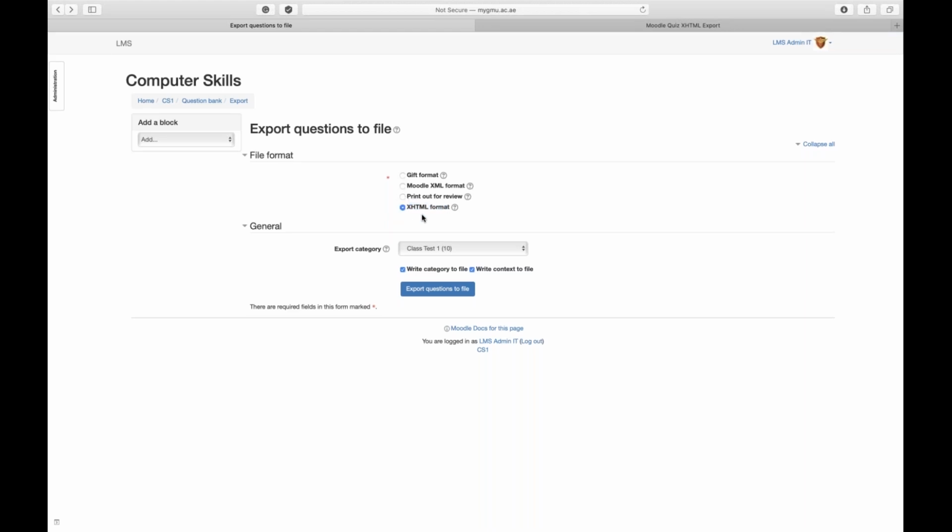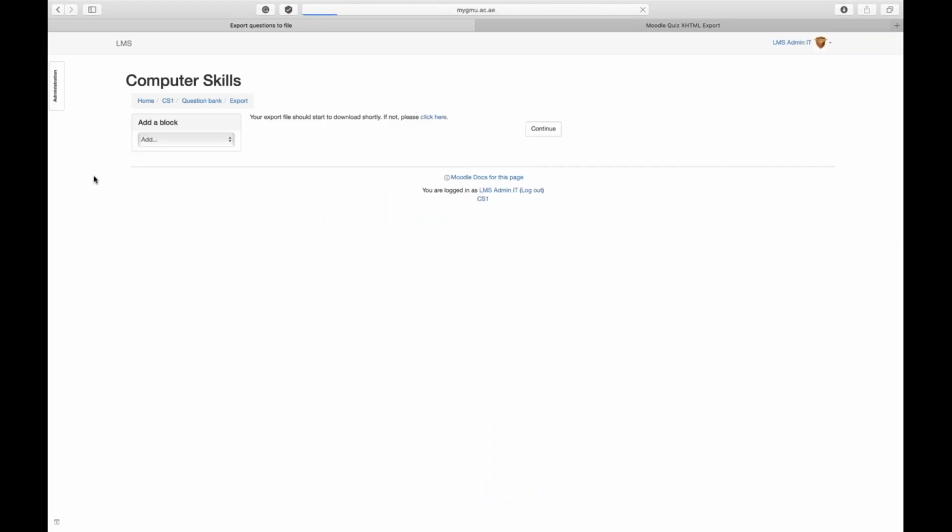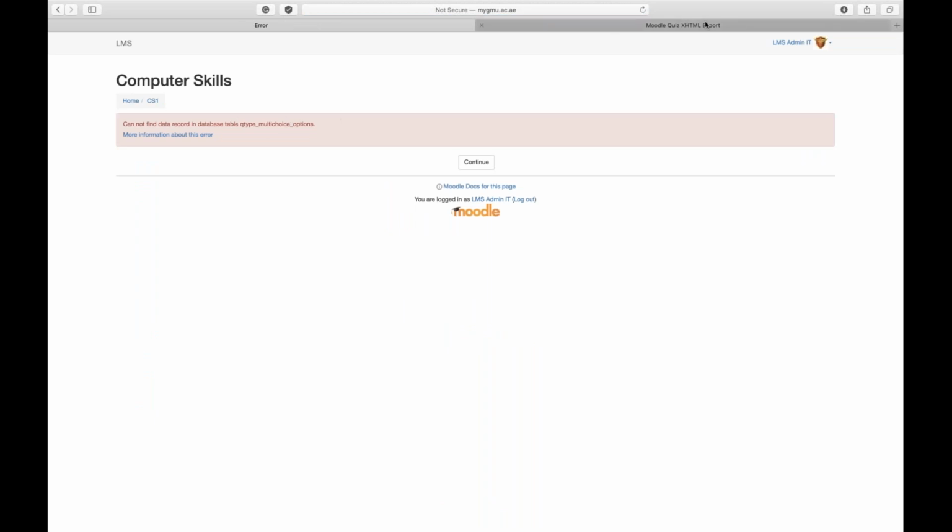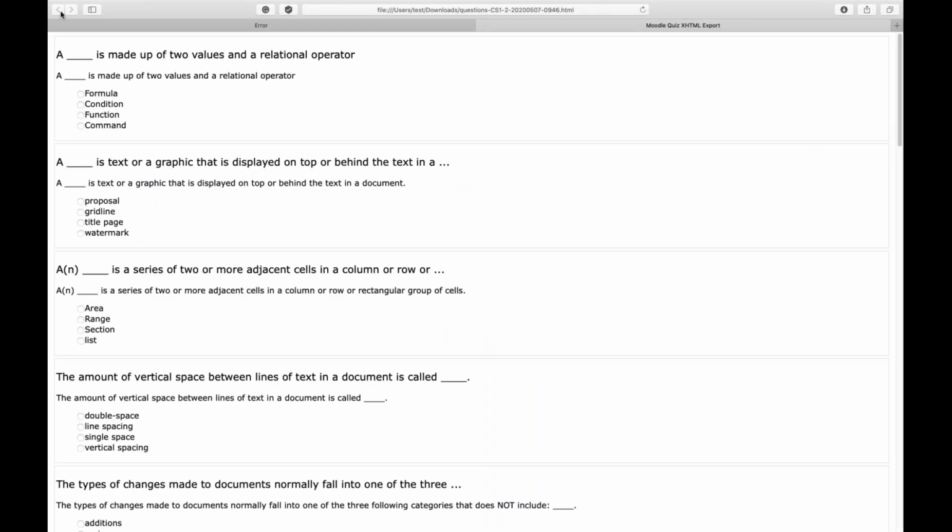Forget about that. There's some problem in that particular database. So you have to choose the fourth option, XHTML format, and then you need to select the category and export the question. When you choose that XHTML format and import your question, you should see something like, okay, let me just quickly